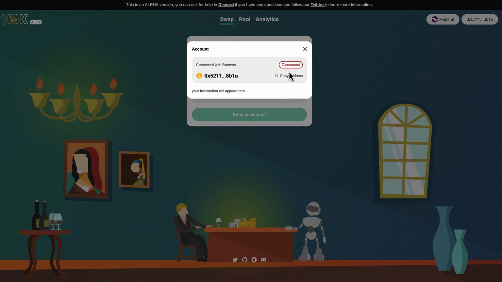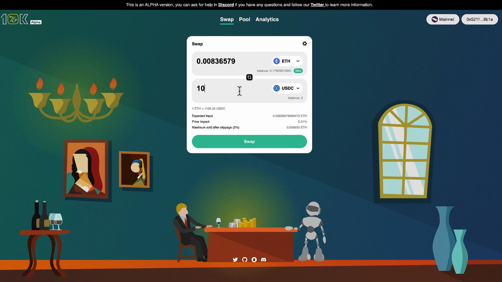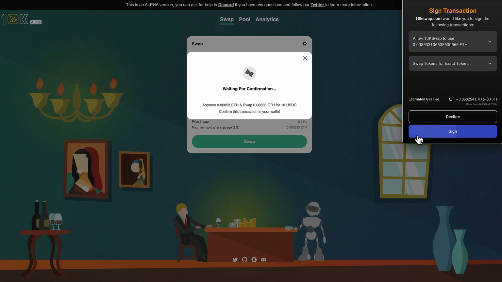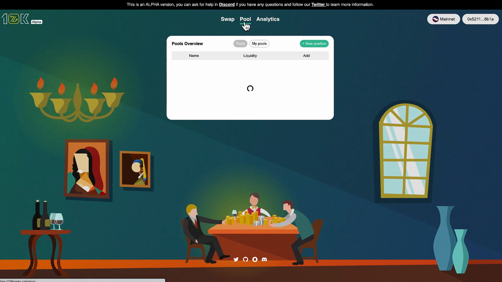Once our Bravos wallet is connected, we can make our first swap on the 10KSwap AMM by swapping the equivalent of 10 USD of ETH into USDC. Once the swap details have been selected, just click on swap, sign the transaction and wait for it to get through. Our swap is now complete